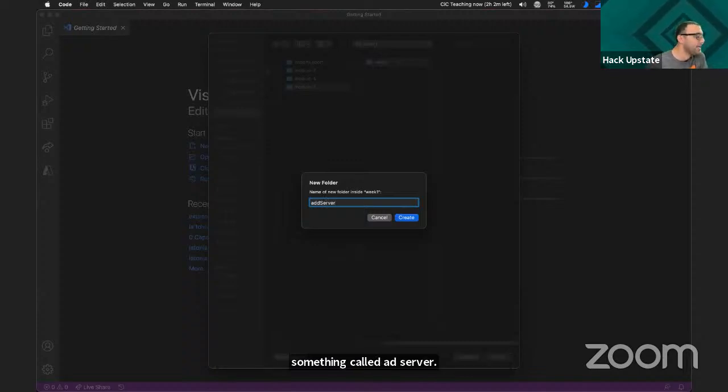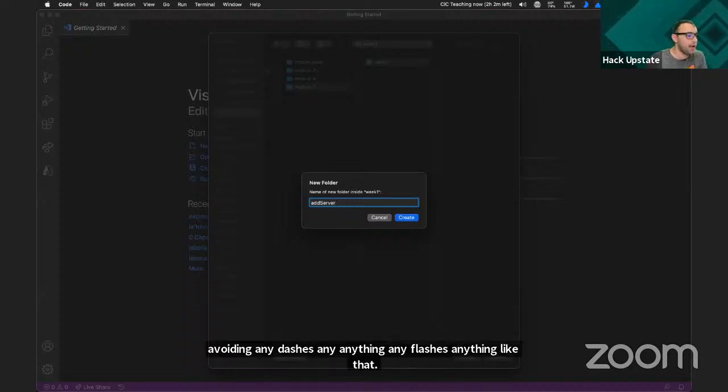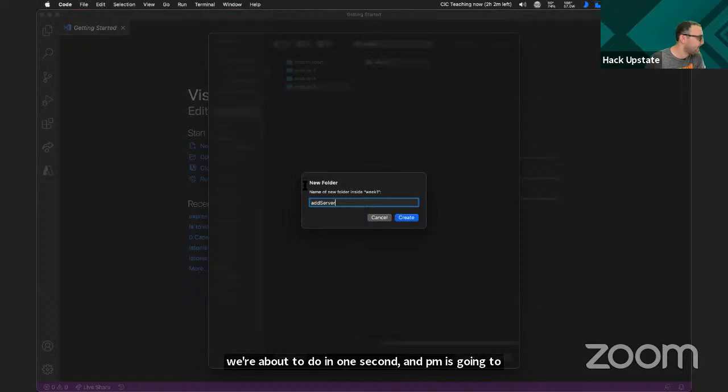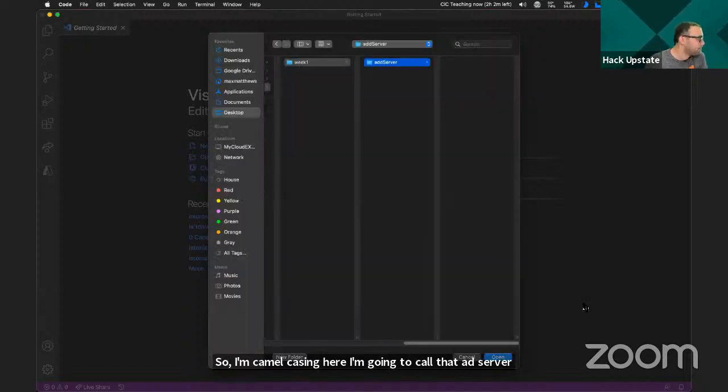I'm avoiding any spaces in my file names, any dashes, any slashes, anything like that. That's because when we run npm init, which we're about to do in 1 second, npm is going to get cranky with us if we're using anything that could cause problems. So I'm camel casing here. I'm going to call that add server, and I'm going to pop that open.